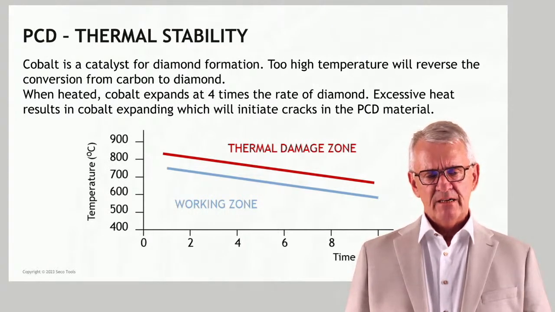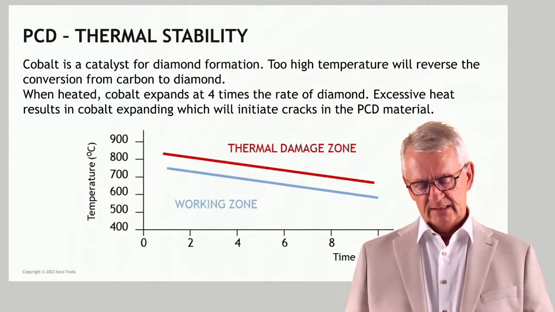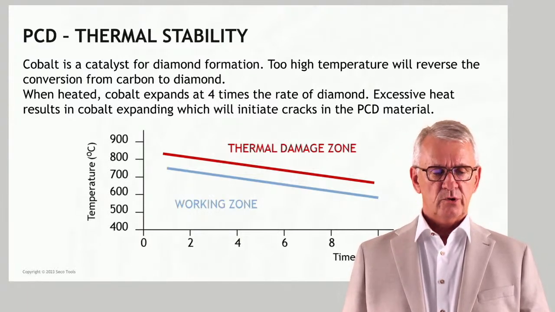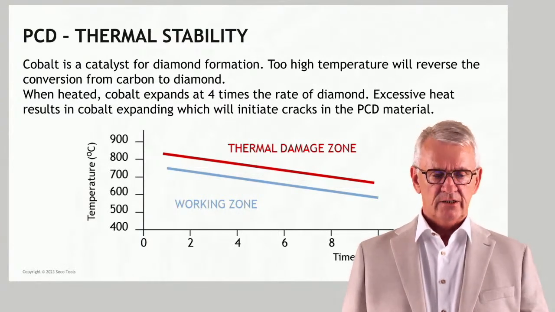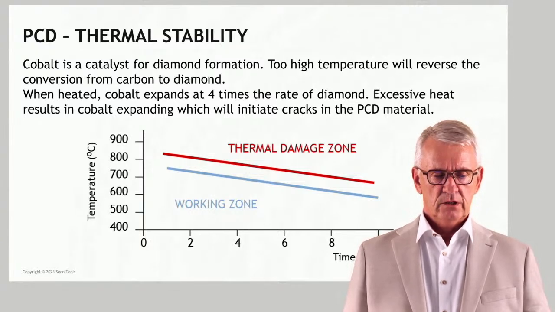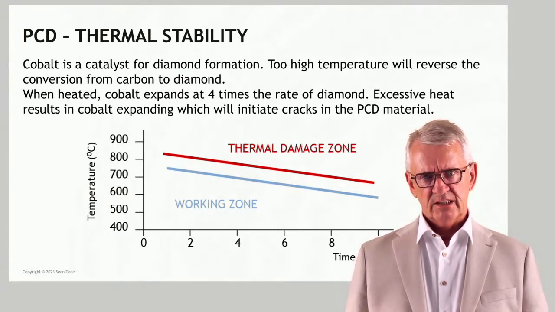Now, if the temperature to which the cutting edge is submitted is too high, the cobalt will act as a catalyst in a reverse system and will make the diamond, which is carbon, change its carbon structure and connect with iron in steel, for instance. And that means that if you put PCD in contact with a material in which there is iron,